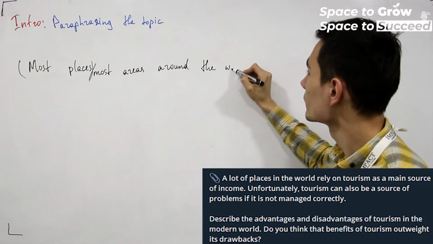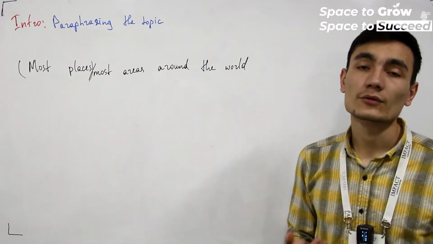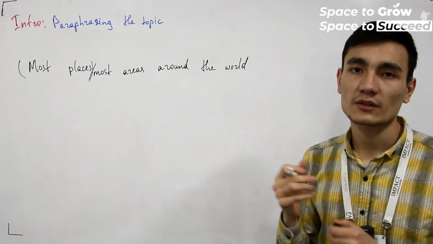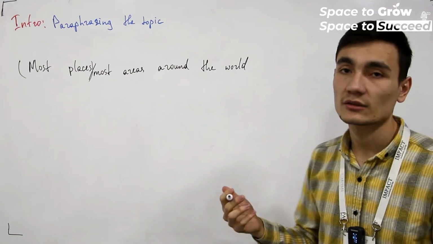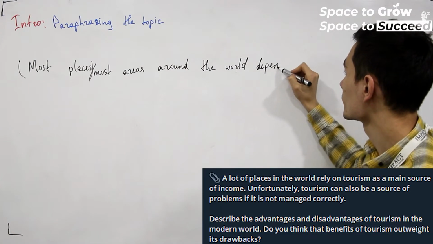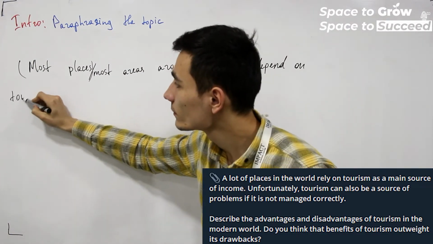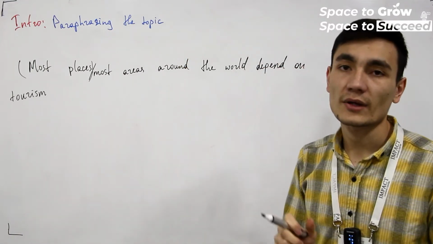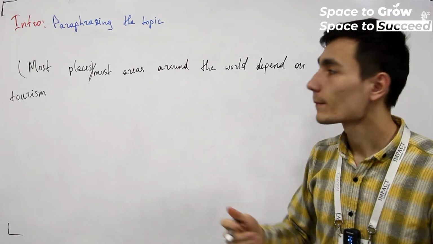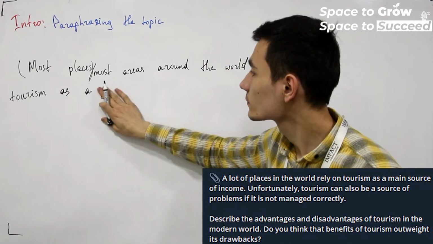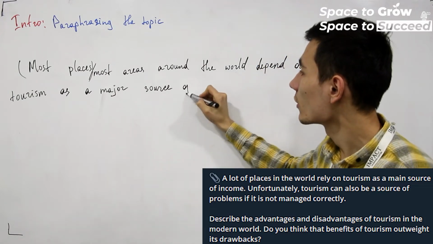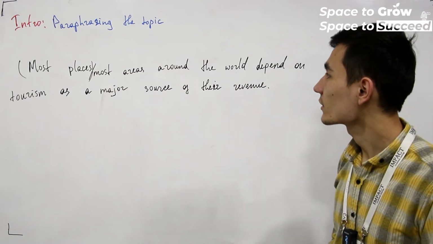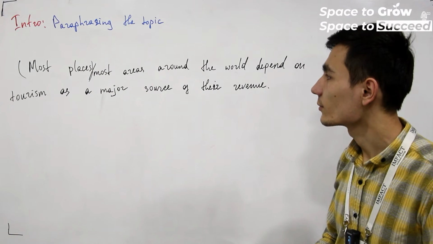around the world. So in this part, we have to use the word rely on here, so we try to find a synonym for rely on. Here, this will be depend on. Tourism stays the same because we don't have a synonym for the word tourism. And as a main source of their income, instead we write as a major source of their revenue. And you see, we wrote most areas around the world depend on tourism as a major